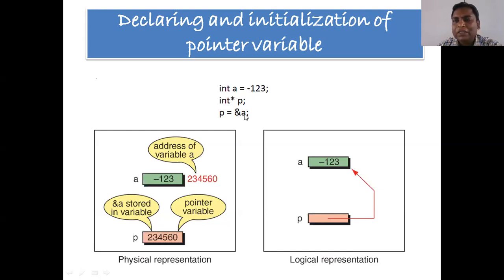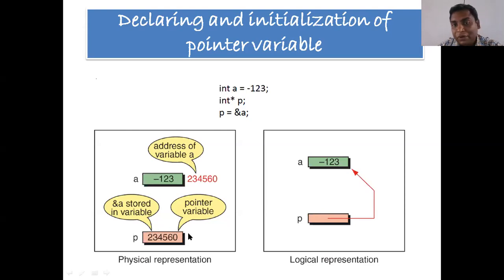Ampersand a is nothing but the address of variable a, and we are simply assigning the address to the pointer variable p, which means p will hold the address of a, so the value of p will be 234560.